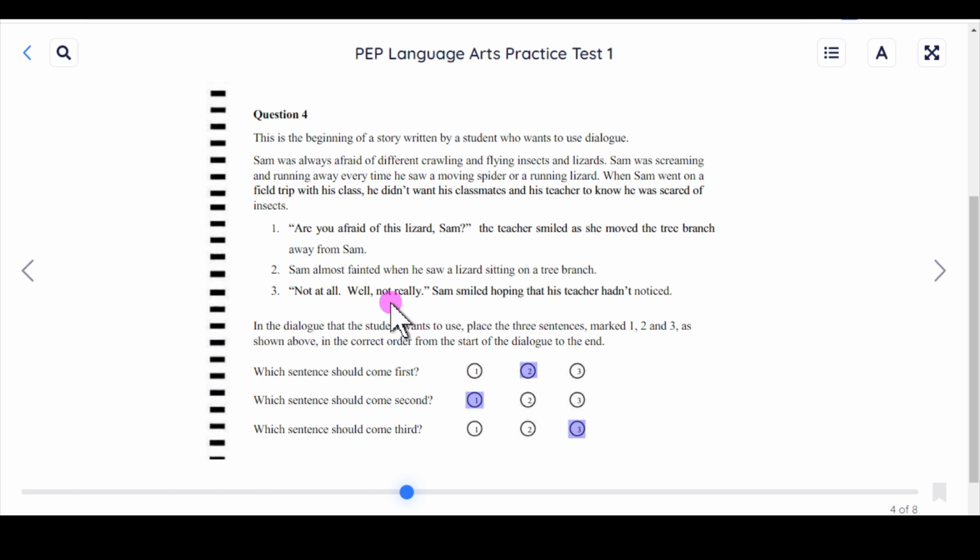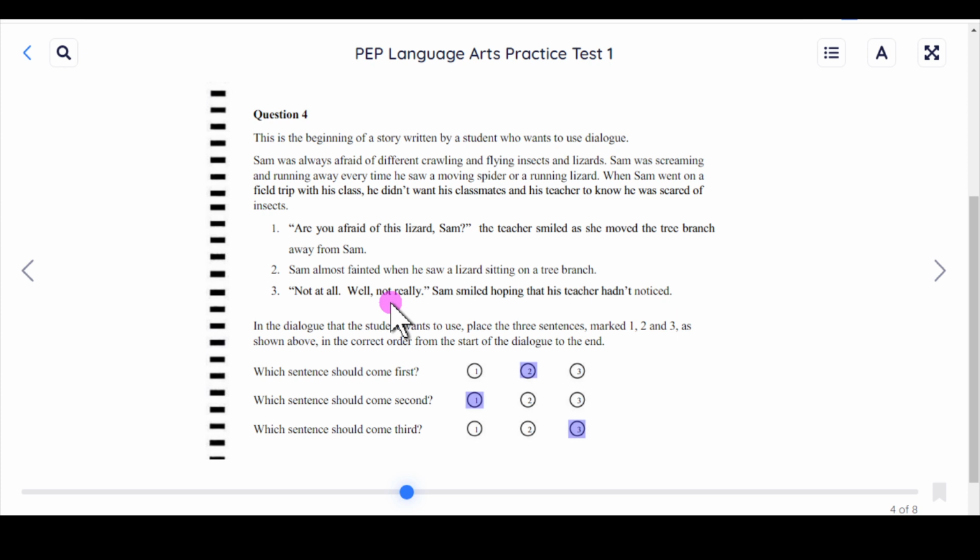So go back to that section that deals with dialogue, so that if you meet a question that asks you to add your own pieces of dialogue to a particular piece of writing that you're doing, then you know how to do it. If you're asked to correct it, whatever, you have that down pat. So question 4, big idea here: dialogue, and then another one,